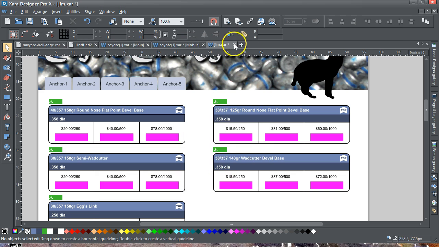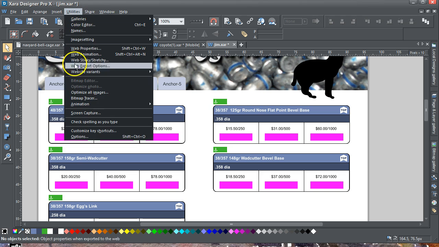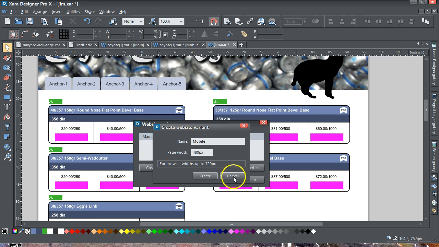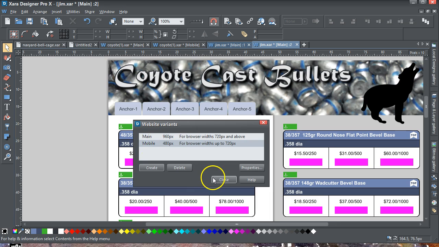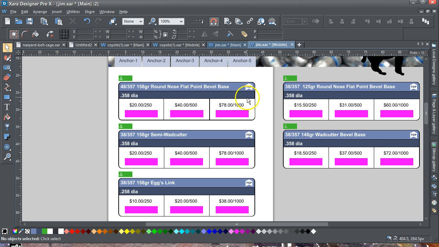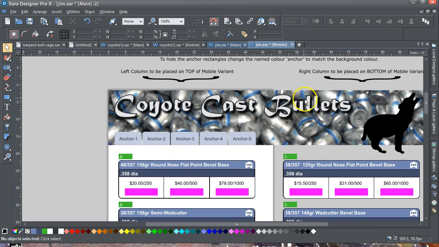so let's just move this over here a bit, so we've just got that one page there. If I then go utilities, website variants, create, 480 will do fine, close. If I now look at the mobile version, which we're in here, you can see that only half of your tables are on that thing. I won't go into